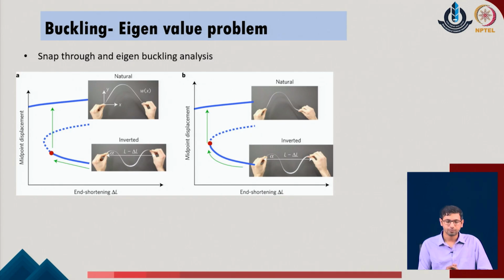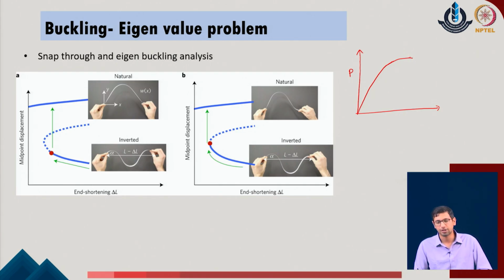But in some cases, the system may have a small possibility of a large deformation, but immediately it modifies from one particular shape and moves into a second stable shape. What we typically mean by that is that the system undergoes a large deformation as it approaches buckling. With the increase in the load, the displacement significantly increases, but then all of a sudden the system switches its configuration.